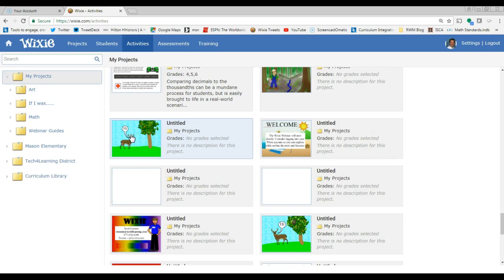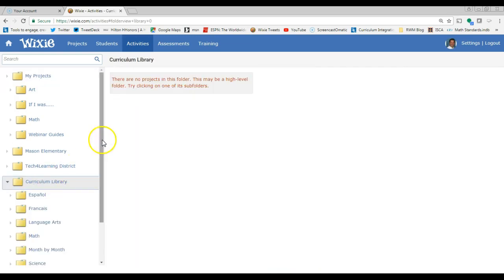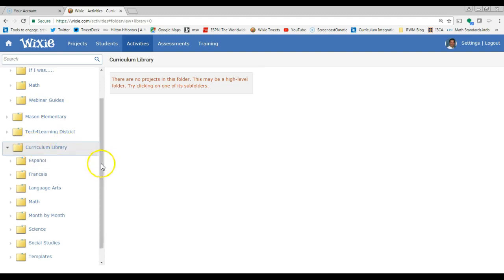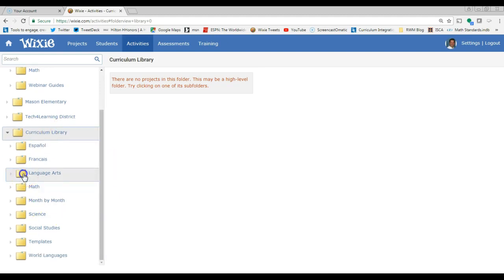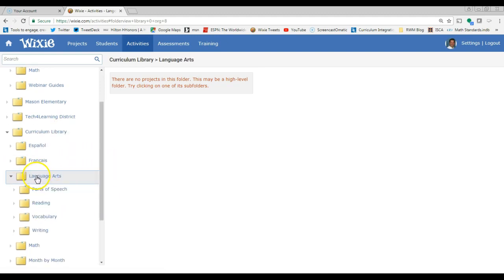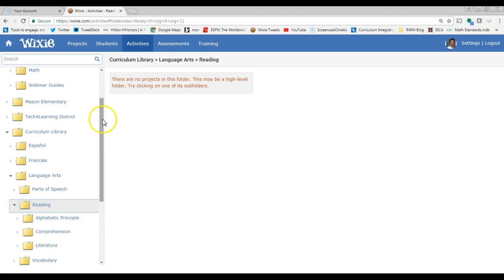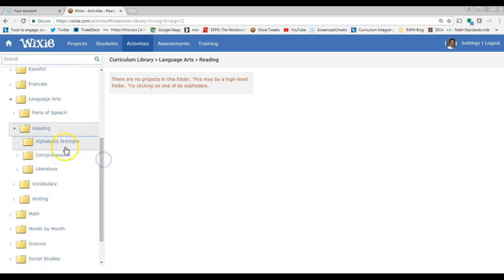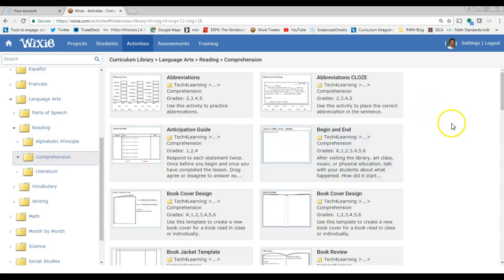Now I can click this project, or if I want to use one of our existing templates, there's over 2,000 pre-made templates under the curriculum library. So if I look at ELA, for example, these are all kind of lined up by the Common Core. So if I go to ELA, I can go to Reading, and then under Reading, I have Alphabetic Principle, Comprehension, and Literature. Obviously, depending on the skill levels, the Alphabetic Principle may be for younger students or those who have